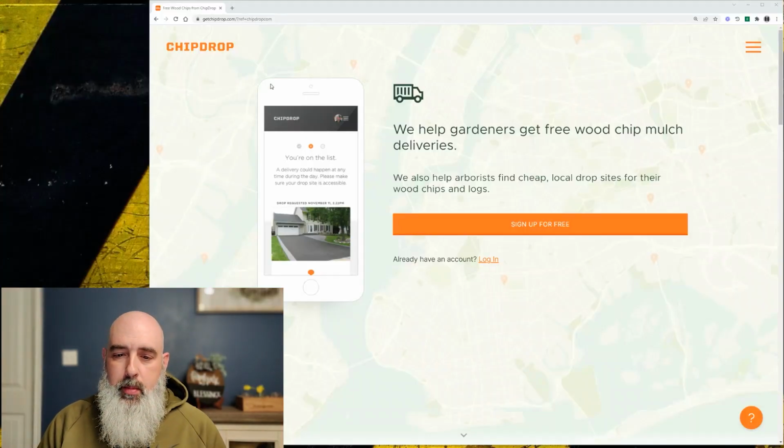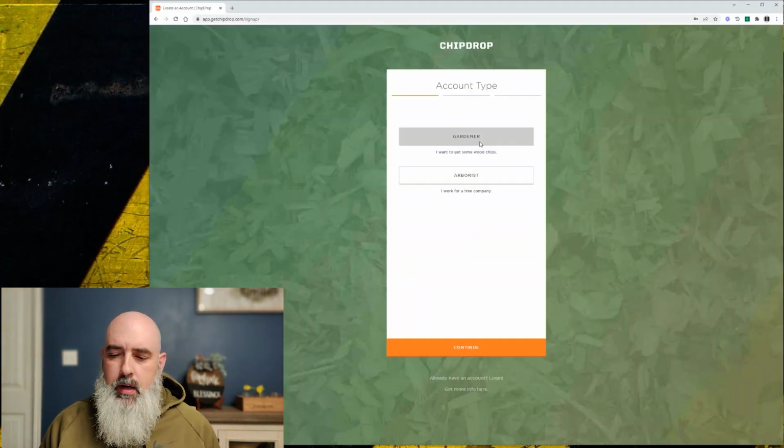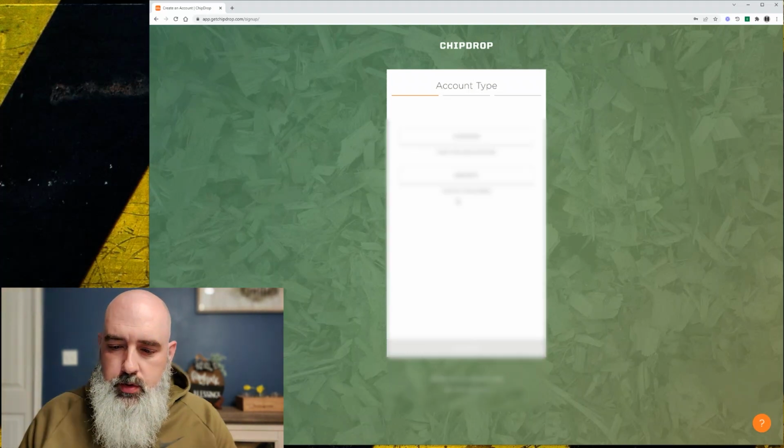And so the way to become a part of this is to sign up through this website called getchipdrop.com. You can also just search your search engine for Chip Drop and it should come up. They have a mobile app as well, it looks like, but I've never used that. And you're just going to click sign up for free and create an account. What this website is going to do is pair the gardeners, people like you and me who are looking for mulch to use, with the arborists that may be working in your area that would love an easy or cheaper way to get rid of the mulch that they grind up,